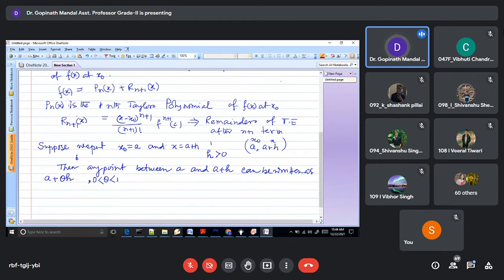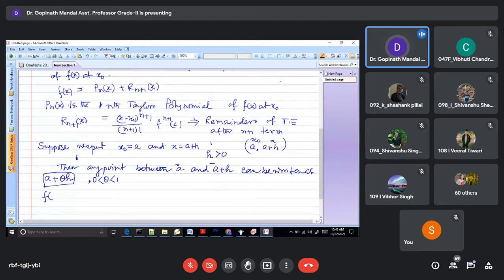Any point between a and a plus h can be written as a plus theta h, but theta is between 0 and 1. Then the above expression, that is the Taylor series expansion, can be written as